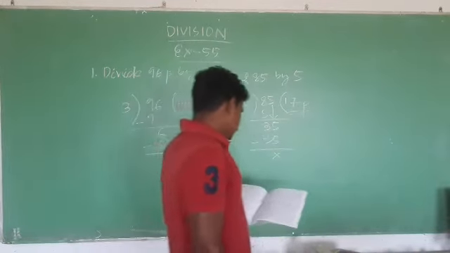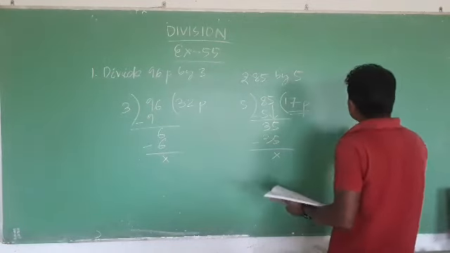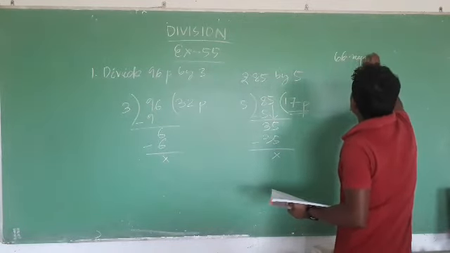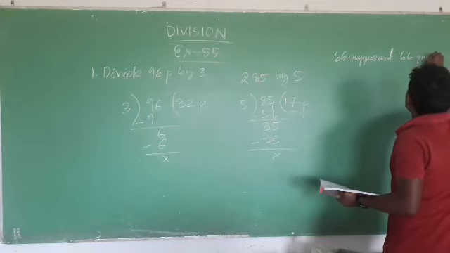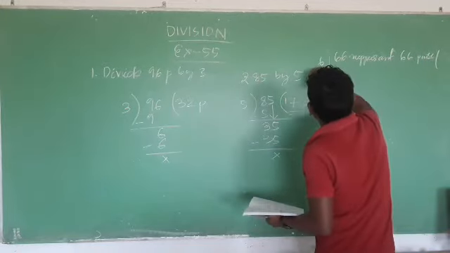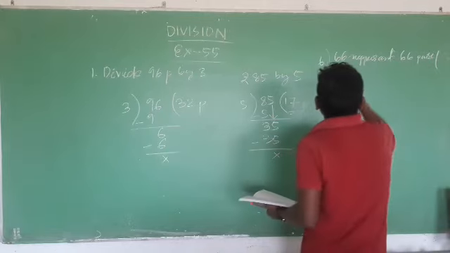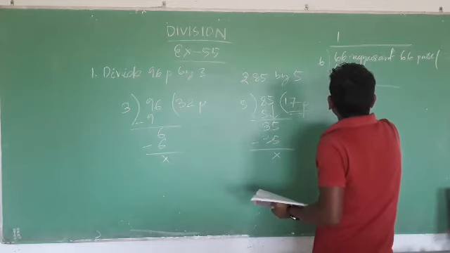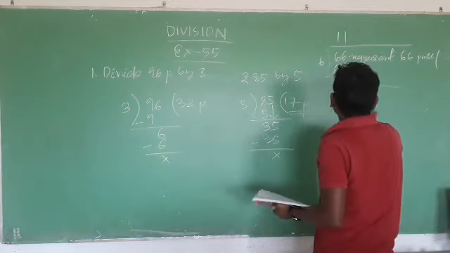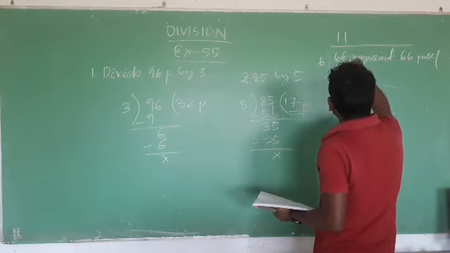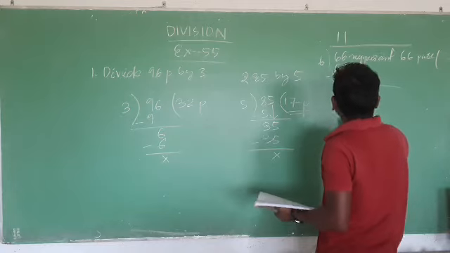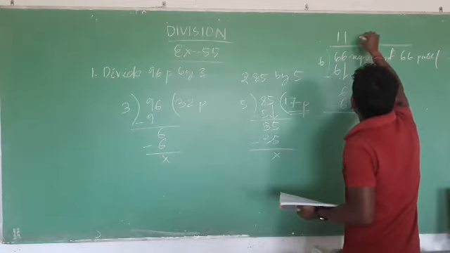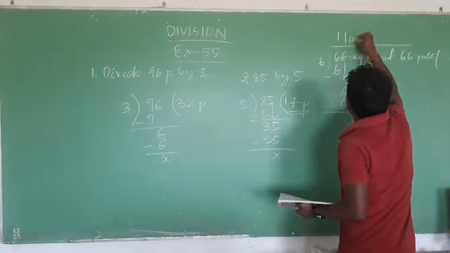Okay. Suppose saying divide 66 rupees and 66 paisa by 6. Okay, by 6. We will say 6 1 is 6. Then again 6. 6 1 is 6. Okay. 6 minus 6, 0. So again 6 comes. So 6 1 is 6 again. Now this much rupees. So here our quotient will be 11 rupees. Okay. Here you need to write 11 rupees and then nothing is there.